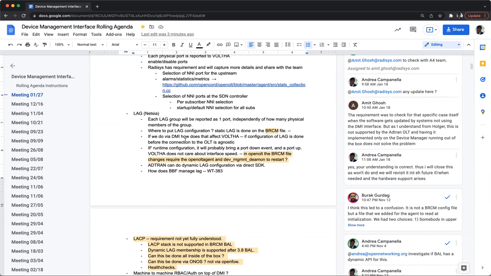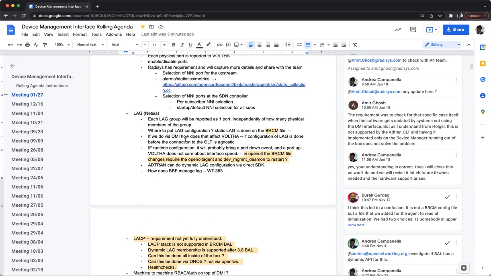So at this point in time, I have no real clue on this specific set of action items. I mean, sure, I know what should be done, but from an action item perspective, there are many questions, especially in relationship to BAL and the OLT agent and other things. So at this point in time, we have no update on LAG and LACP, at least from the ONF front.